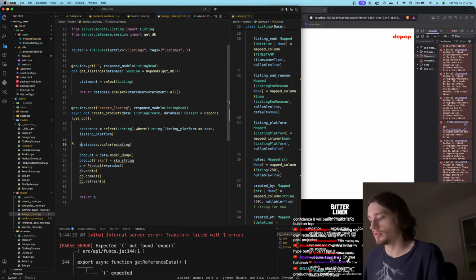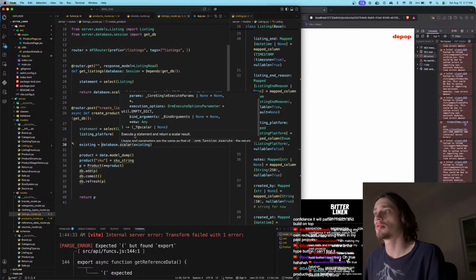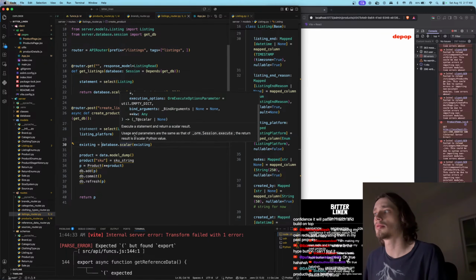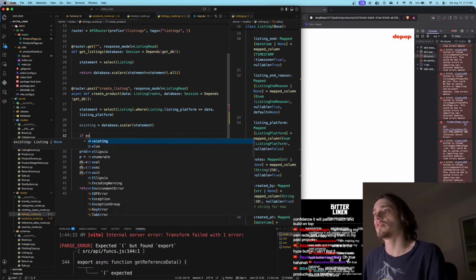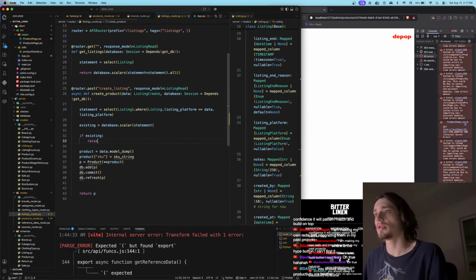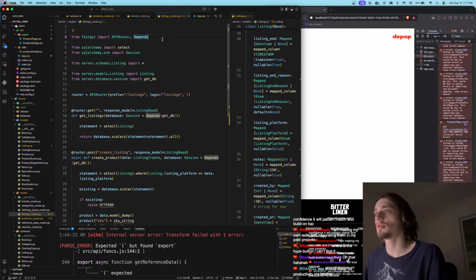And then this would give you the existing object back, row from scalar. Right. And then you would just say if existing, raise HTTP error, and then we can go up here